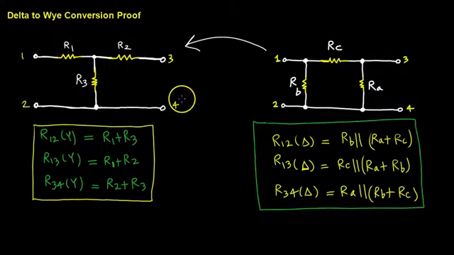So let's go ahead and find R1. That's the first thing we're going to find. We're going to convert to a Y network, so we want to find what R1 is going to be in terms of RA, RB, and RC. To do that, let's go ahead and find R12